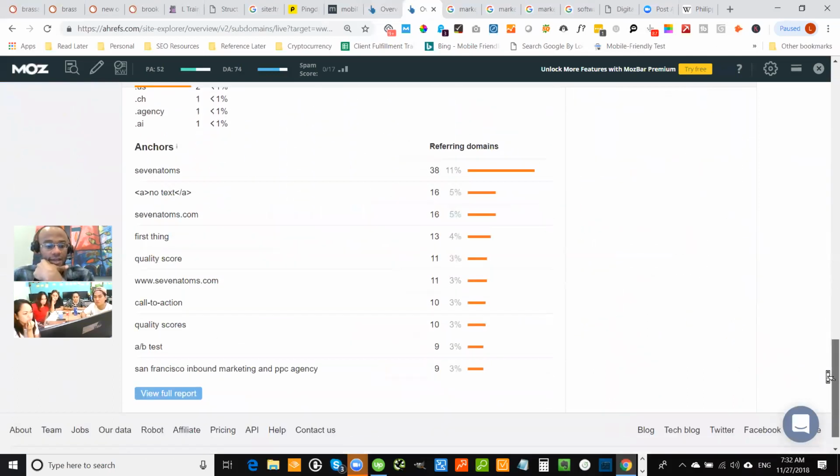Now for their anchor text, it would be the same way you would look at anchor text for your own website. So you can see here their anchors, 7 Atoms. It makes up 11% of all of their backlinks. And I'm sure there are different variations of that, but you can see the phrases that they're using